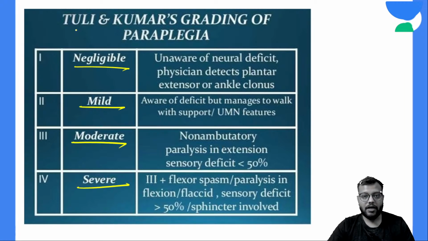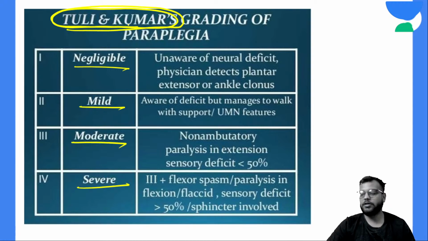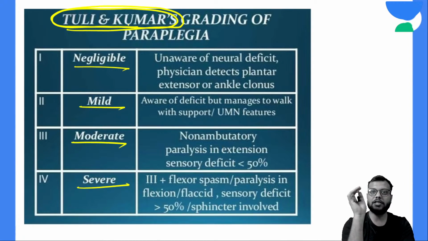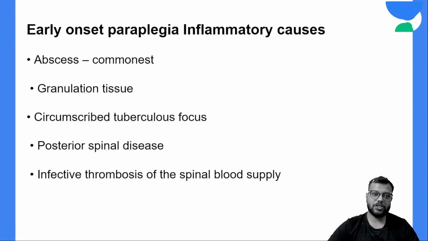And this is called as the Tully and Kumar's grading of the paraplegia. So you just need to remember the name, that's it. Like Rajsekran classification was deformity progression of the Pott spine, whereas for the neurological deficit progression of the Pott spine there is Tully and Kumar's classification or grading. Just remember the name. Okay, so we have discussed already that in early onset paraplegia, the most common cause